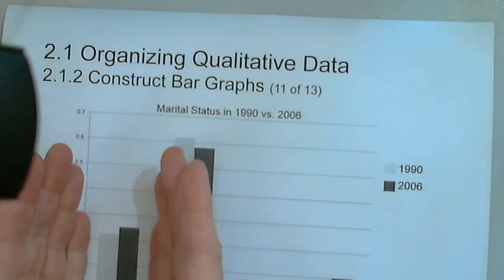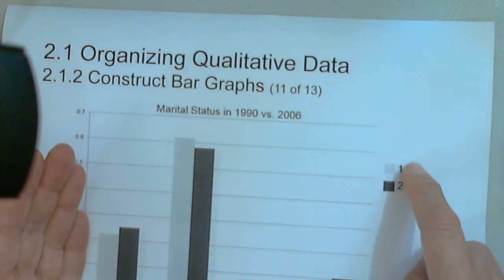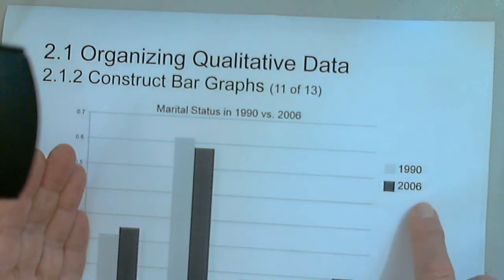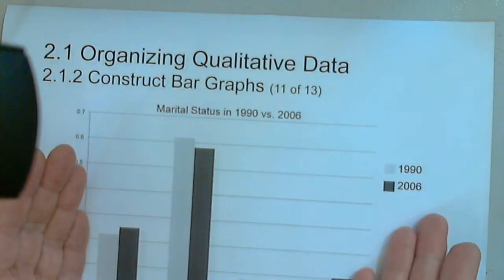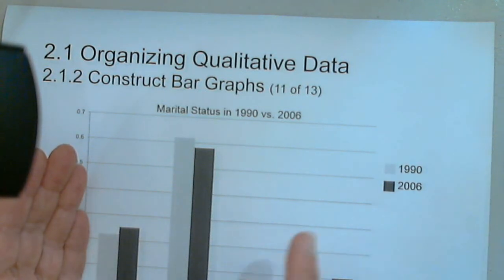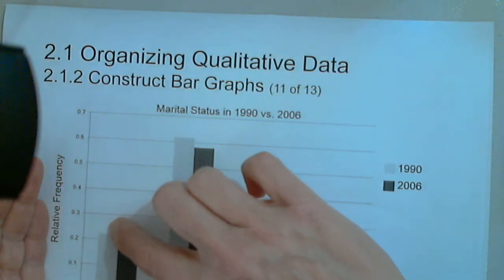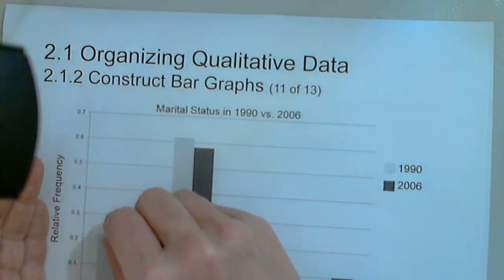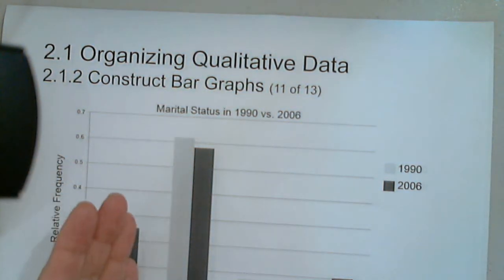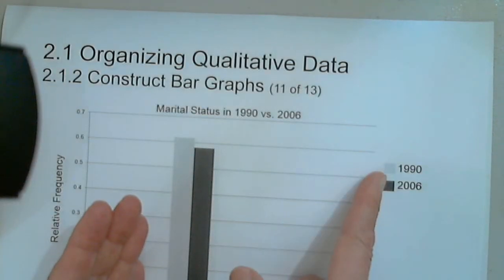It's because, for example, if we are comparing 2 different years, like 2006 and 1990, then we can tell that the never married between 1990 and 2006 went up. By how much? I can determine the percent here. I can also say that between 1990 and 2006, the married